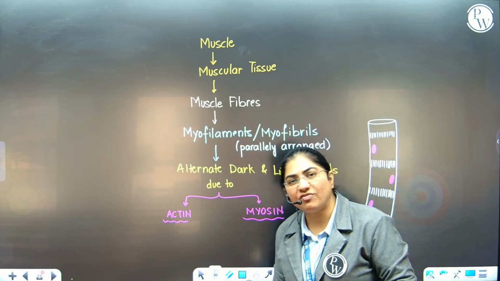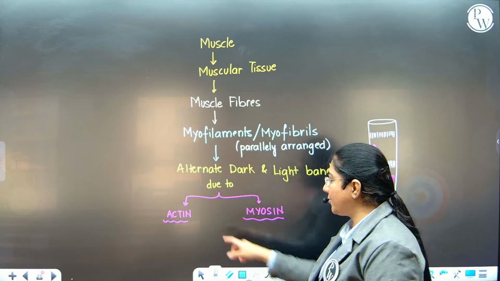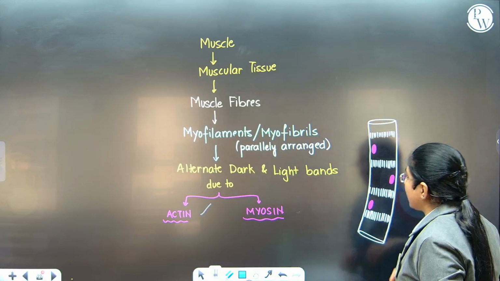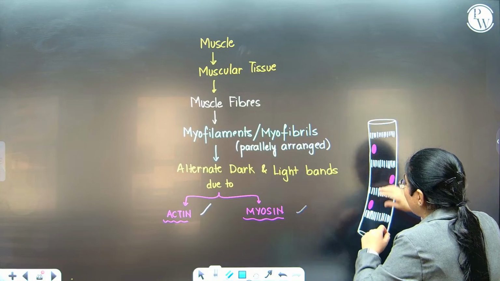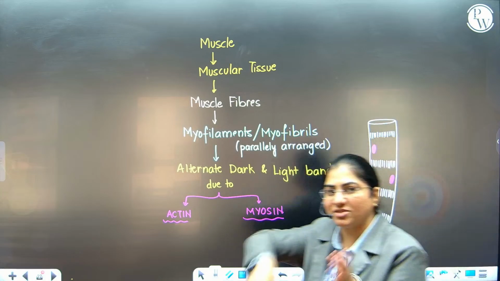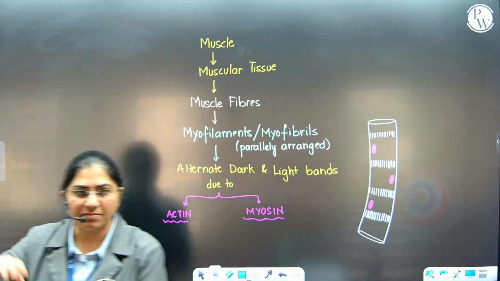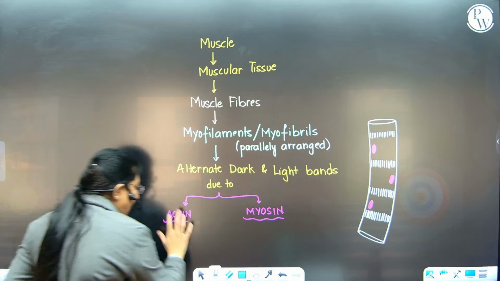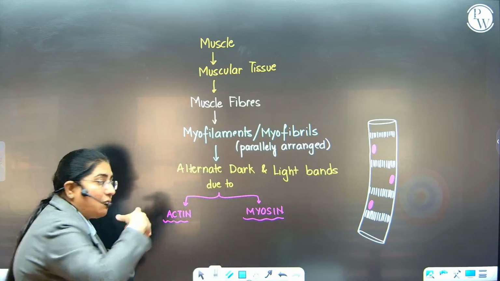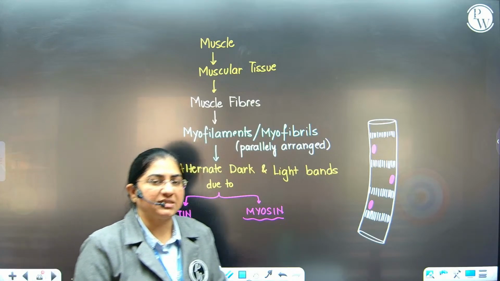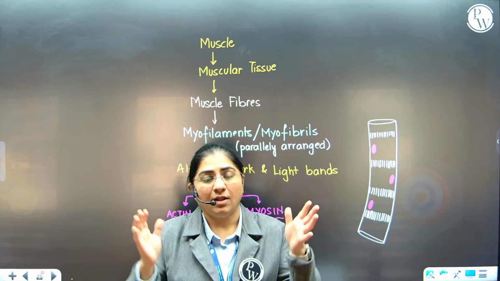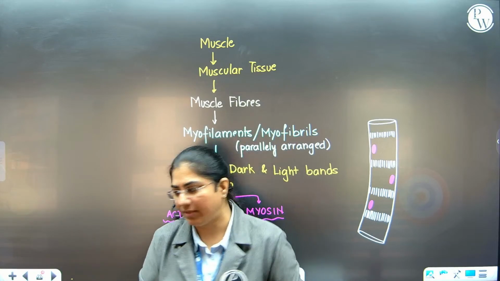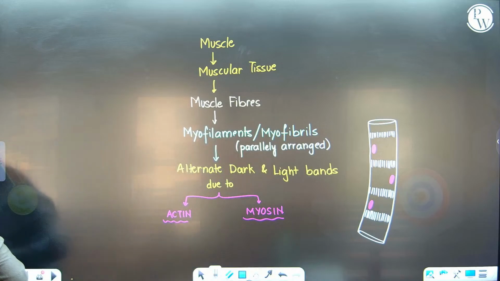Now these myofibrils basically contain two types of proteins called actin and myosin, which are alternately arranged in such a way that it gives a dark light banding pattern, like the bands on the zebra. Okay, so dark light, black white, similarly you have dark and light. So let us first understand the actin and the myosin, how they are arranged, what exactly they are, how they are placed in the cell, and then we'll understand what the functional unit of muscle is and how it contracts. So moving ahead